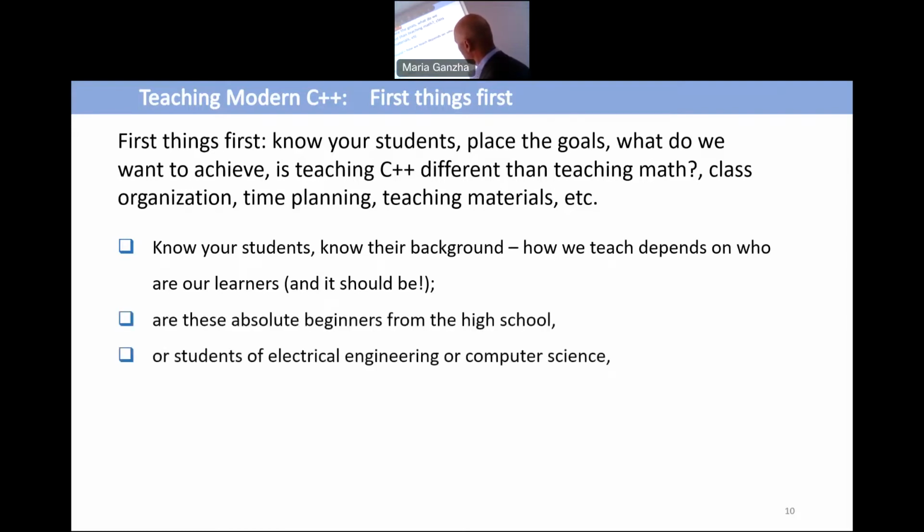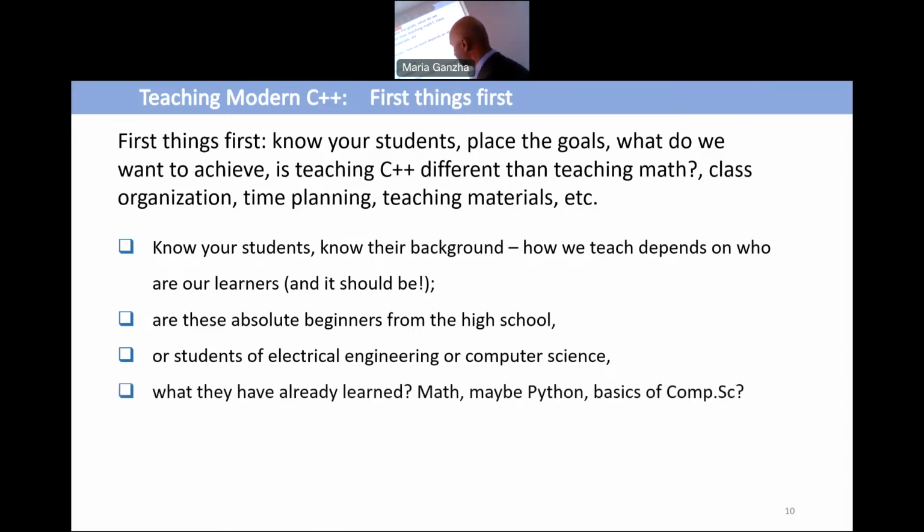We need to answer these questions well before we design our classes, our semester of teaching, our materials. So this is a very important thing. For example, it's a different approach if you teach C++ to students of electronic engineering or computer science than, for example, of other departments.